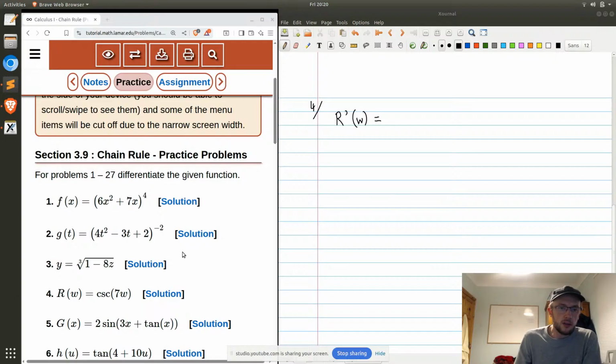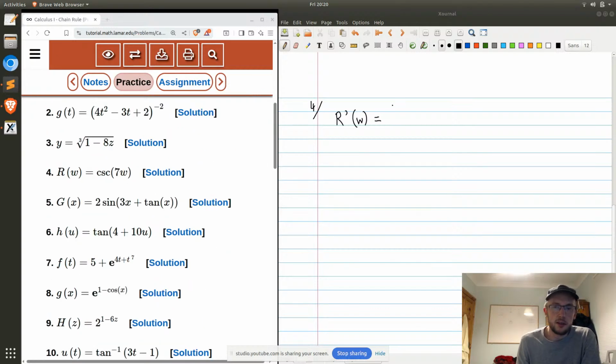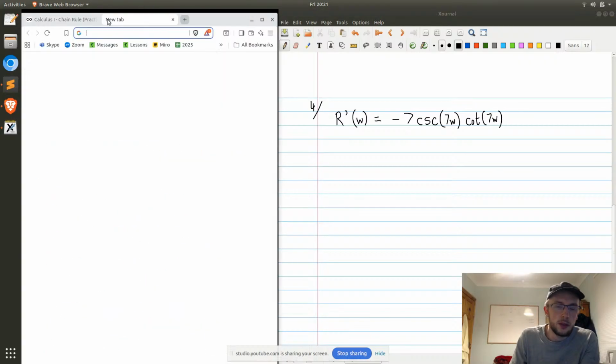minus cosec x cot x, that's what it is, isn't it? So r prime of w would be, that would come on the outside, so minus 7. Like that, I believe. Now, just to check,